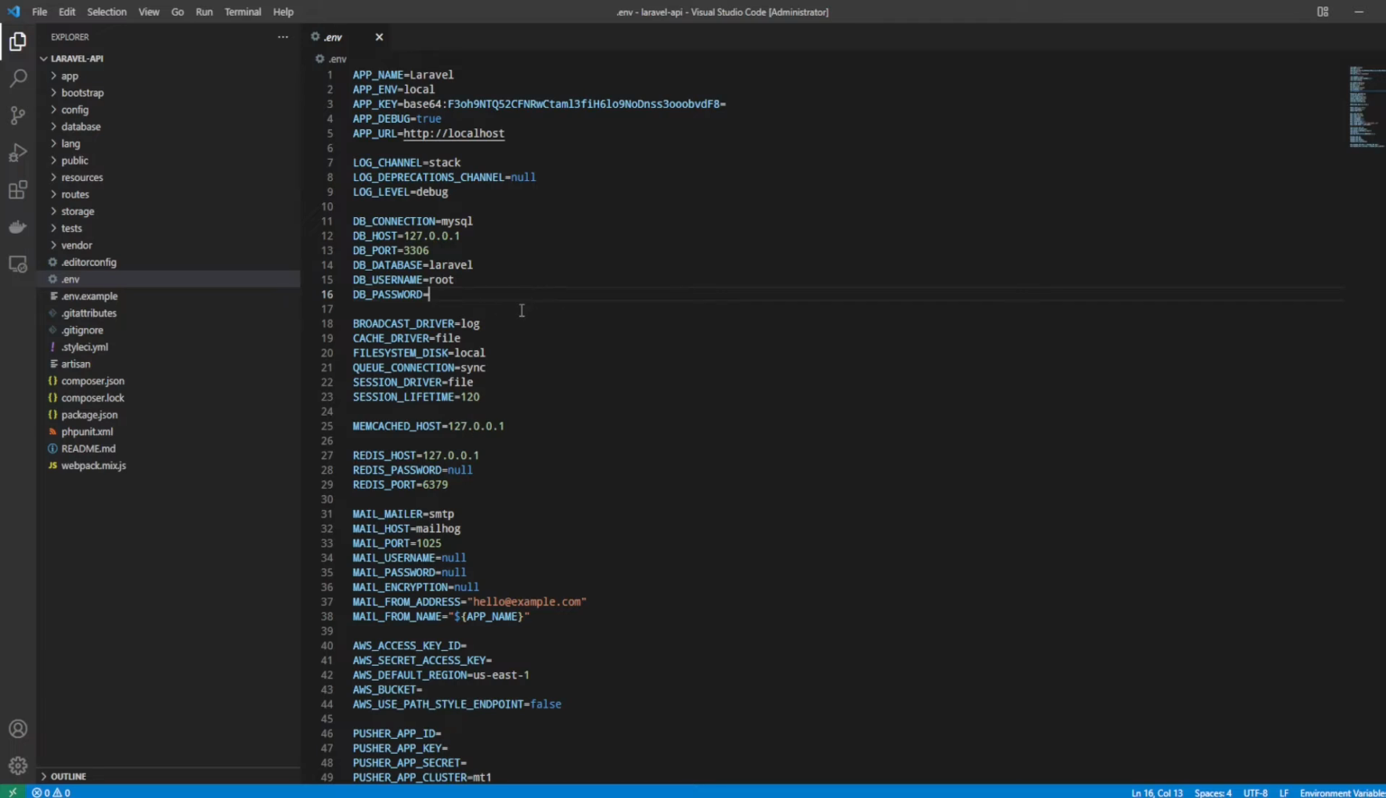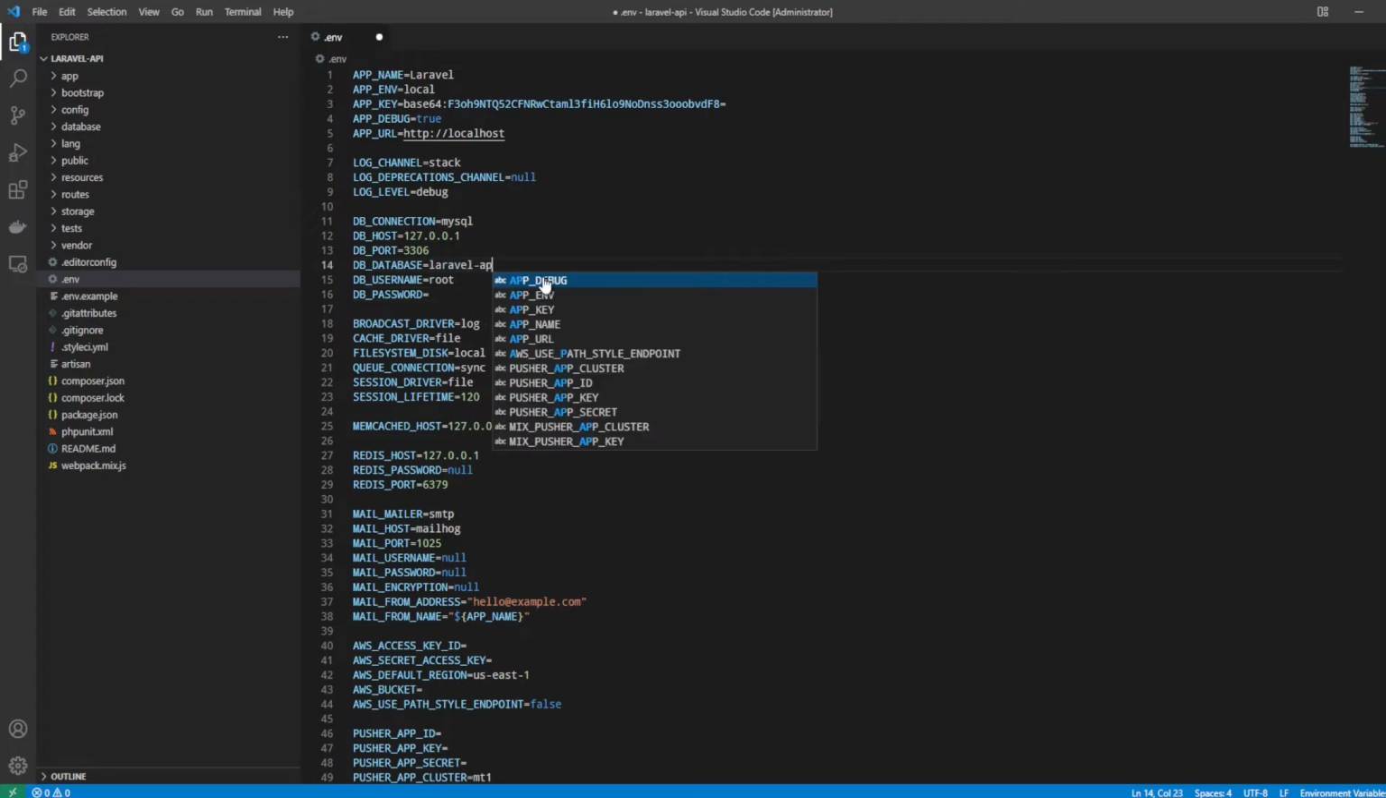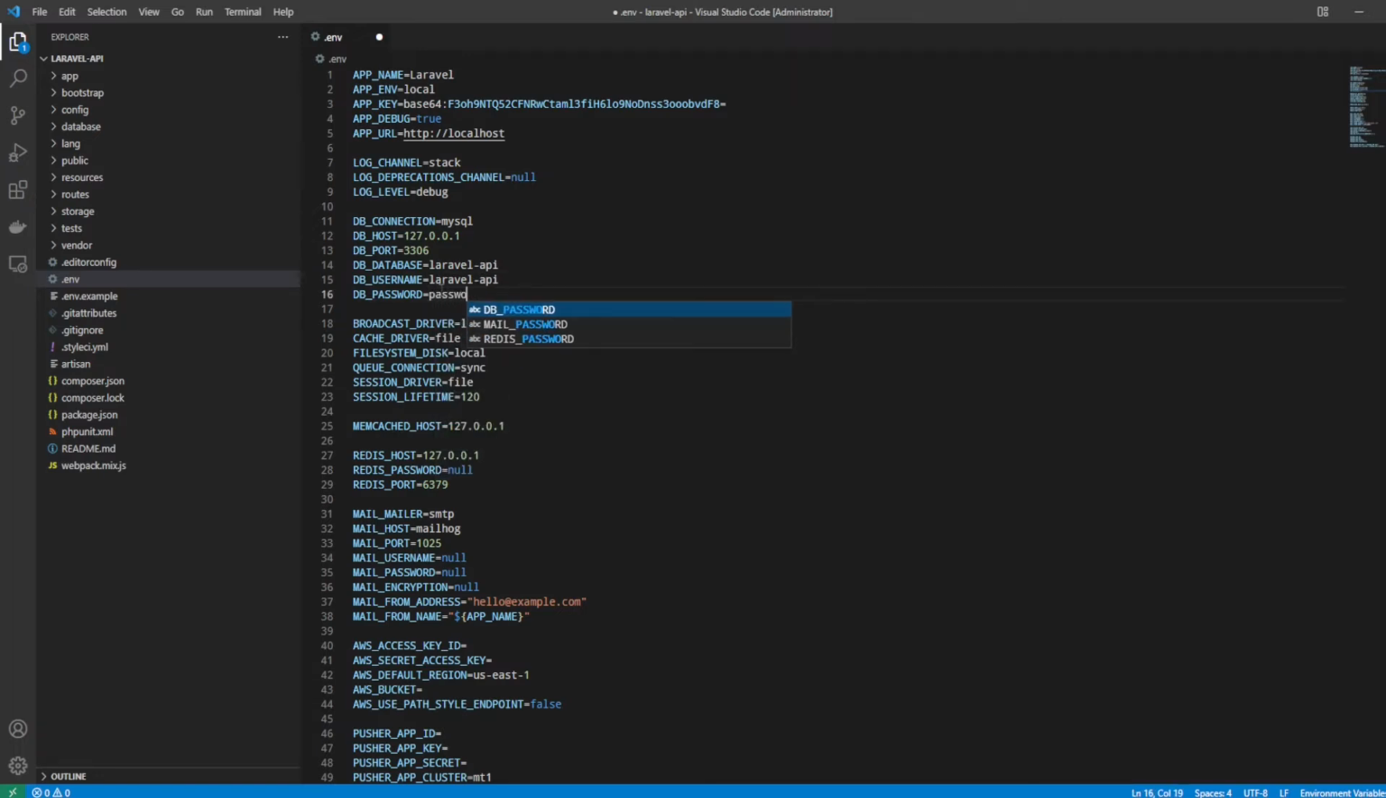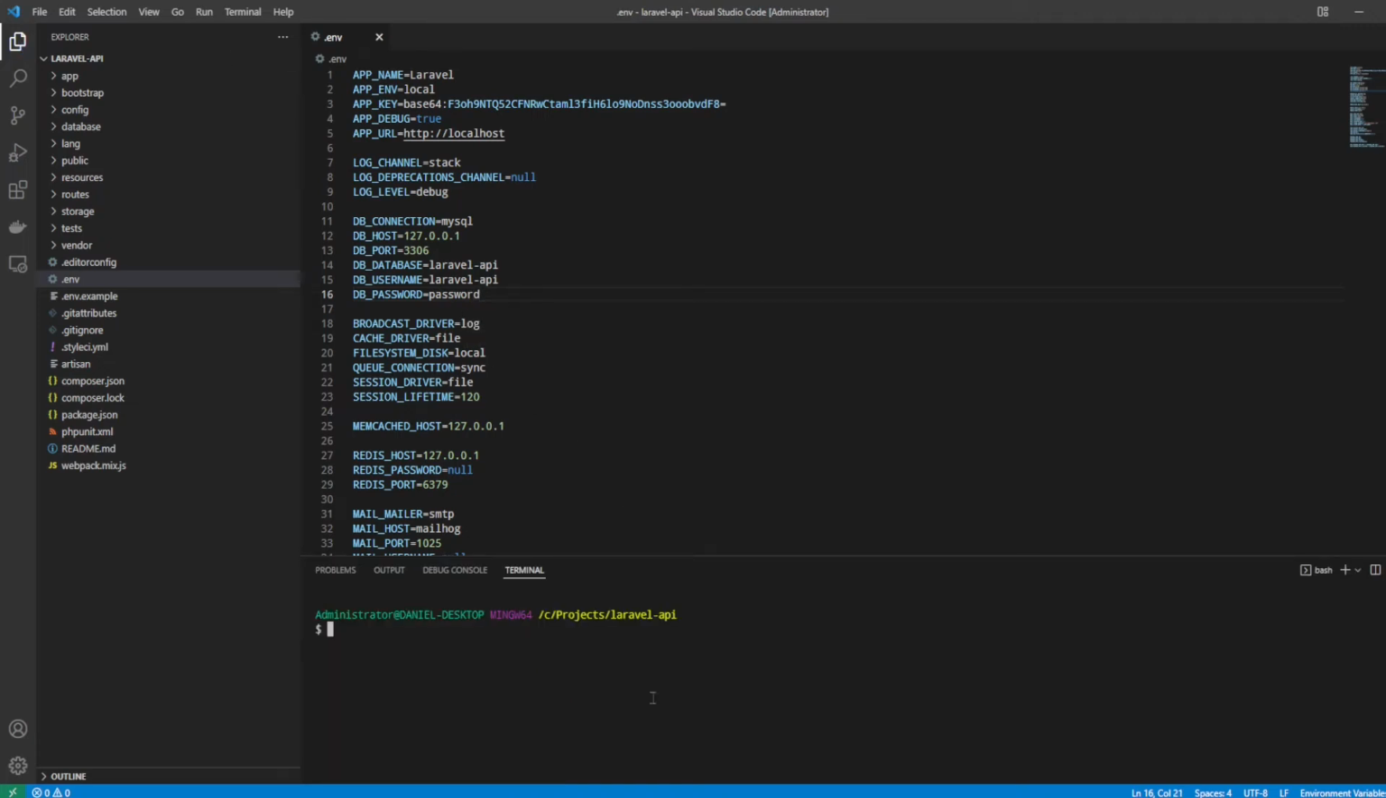So I've already set up a database called Laravel API with the username of Laravel API and the password of password. Now, in order to test this, we need to run our migrations. Now, a migration is a term or a file that you use within Laravel in order to set up your tables via a command line. And we do so by calling the